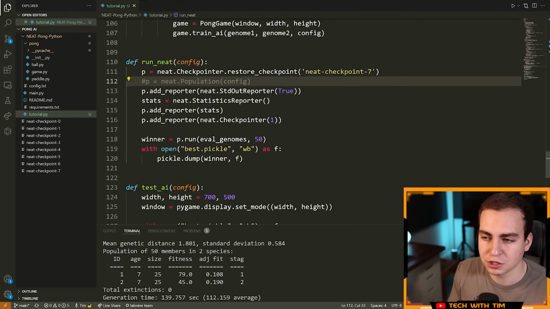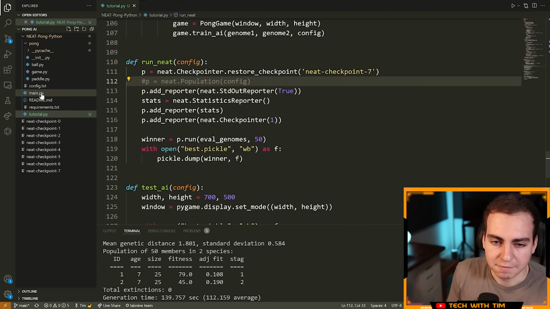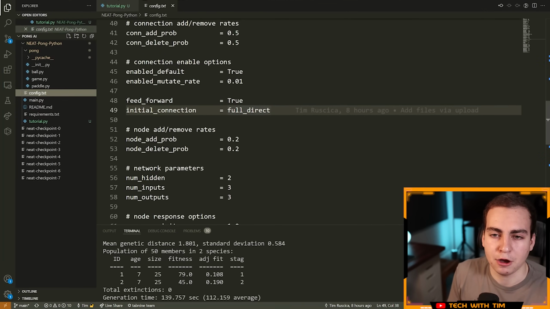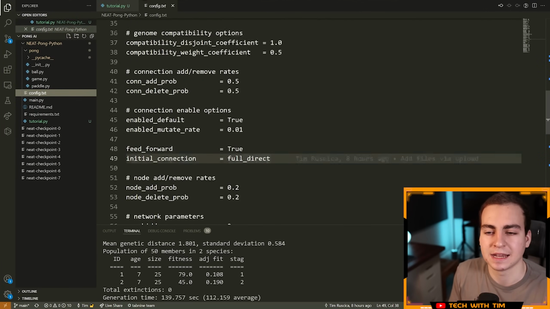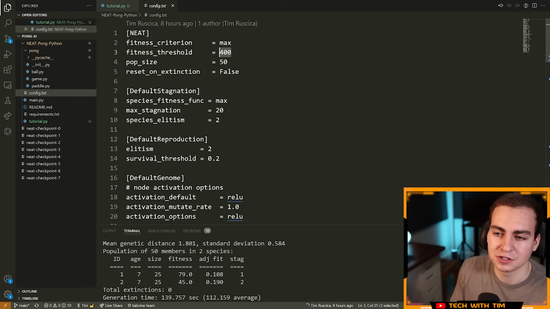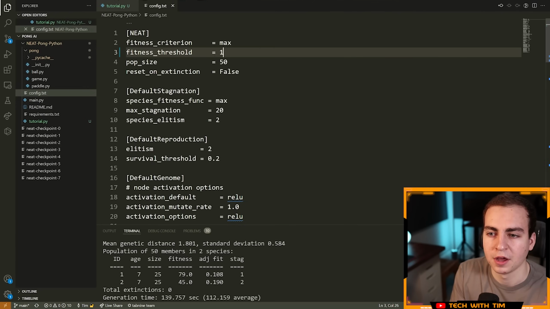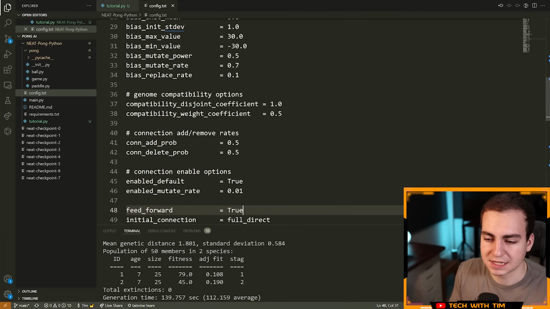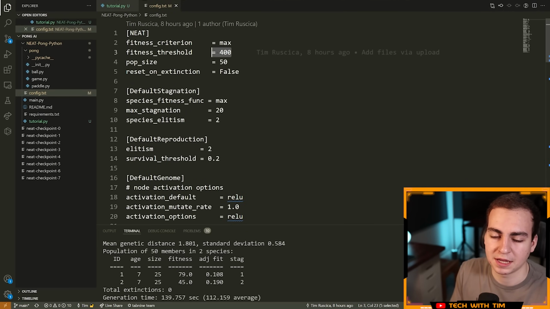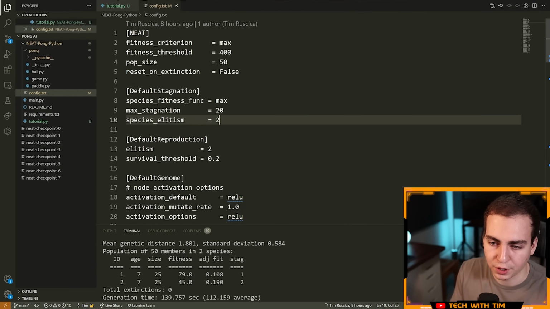Now, the issue here is that the configuration file, if I make a change now, after I already started training and I resume from a checkpoint, it's not going to take effect. So what I wanted to do is change the fitness to be like 200 or 100 and just wait until we got that, which would be a lot faster. But since it's not going to take effect, any change I make here, since we're resuming from a checkpoint,